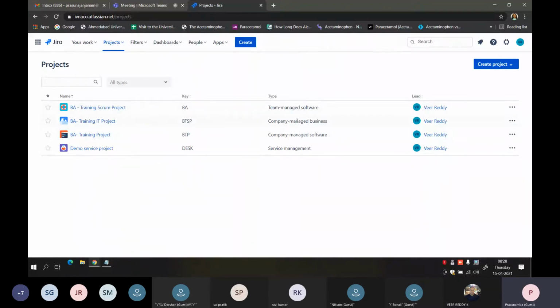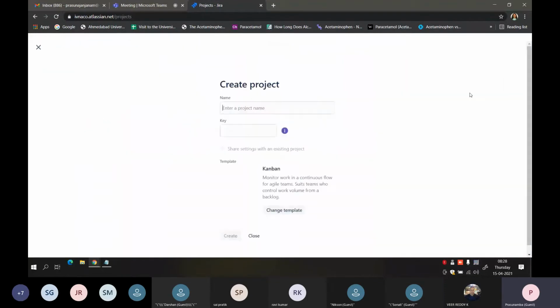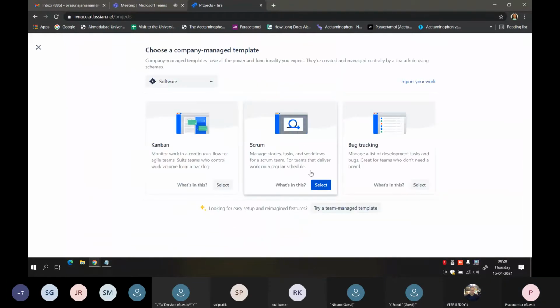If I create a project, you have these two options, team managed and company managed. If you go to company managed, it could be any of these options.